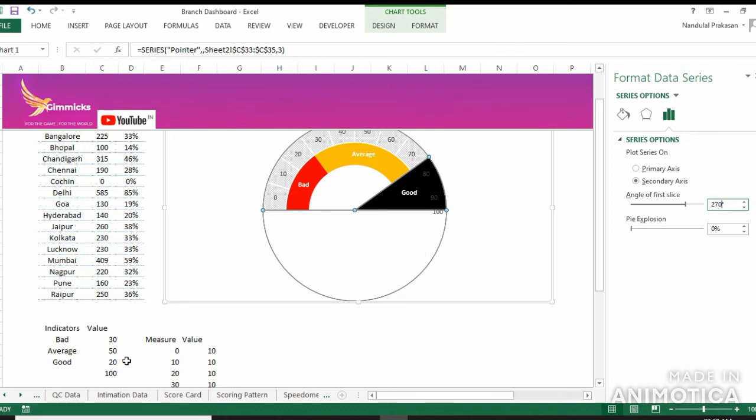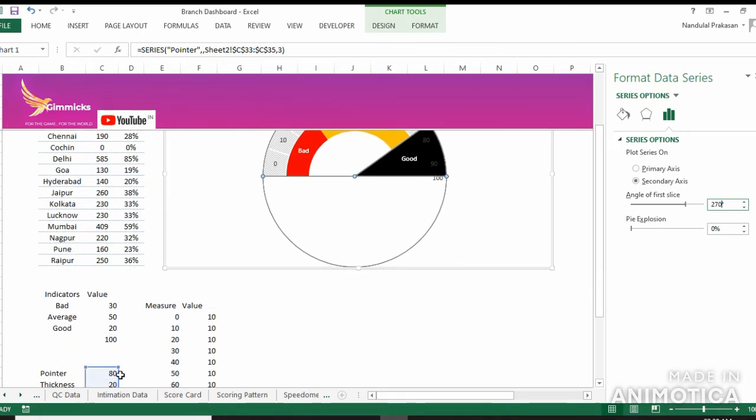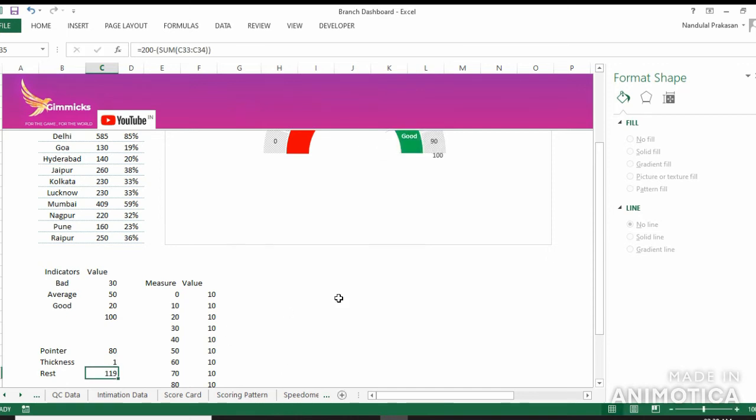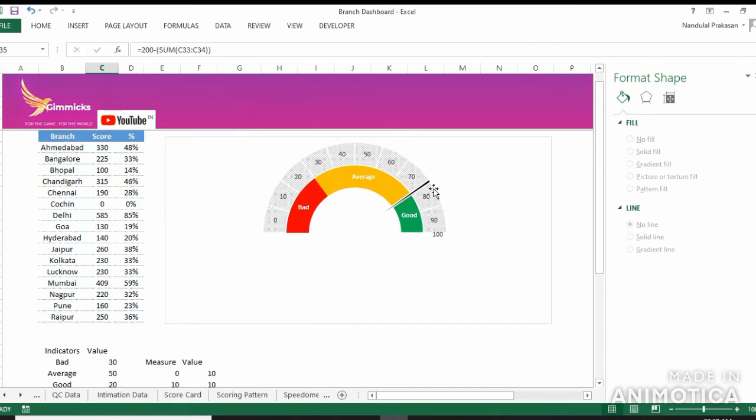And let's reduce the thickness now to 1. Now see, it is pointing towards the number that we have put here.